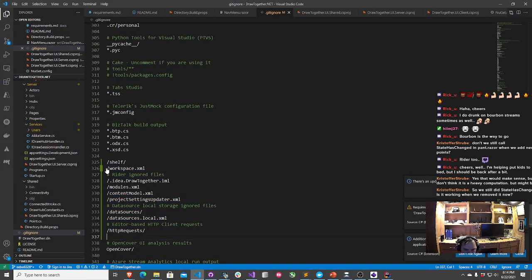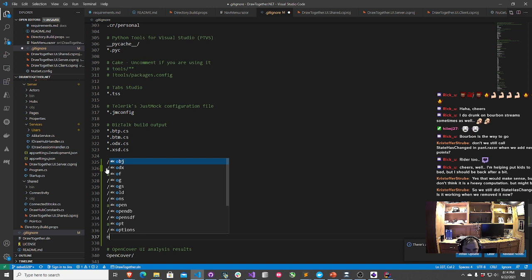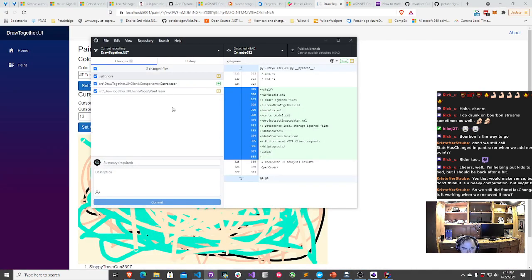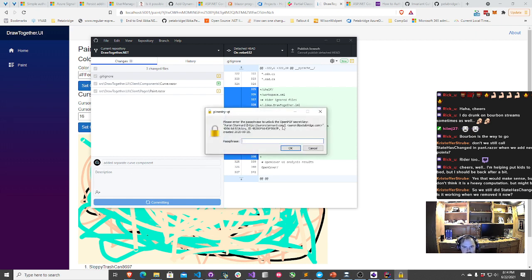Yeah, why not just go ahead and say, you know what, we're just going to ignore the entire .idea folder. Oh, look at that. Okay. Added separate curve component. All right, let's go ahead and save that. So it looks like everything's working without that component being there.